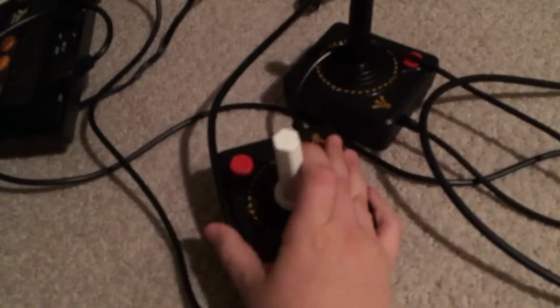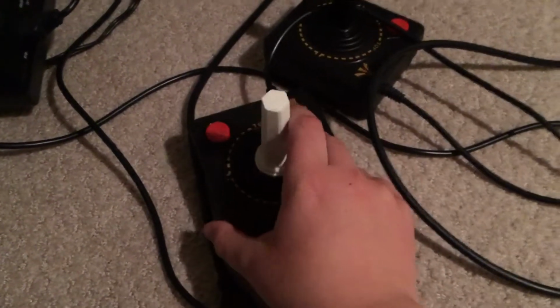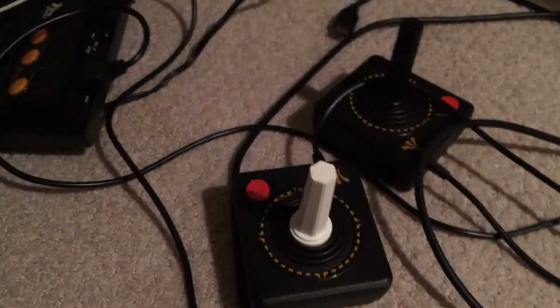The first thing I fixed was this Atari controller that broke. Before it broke off, but I printed a new one and I've been playing with it and it was very fun. The next thing I made, I actually 3D modeled this myself because I couldn't find anything on the